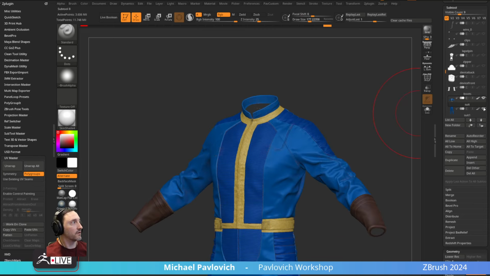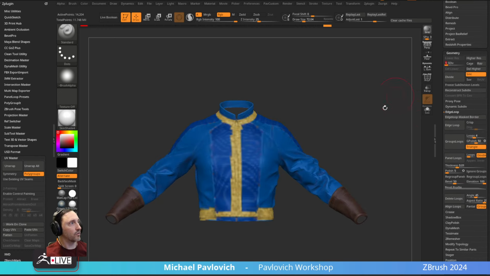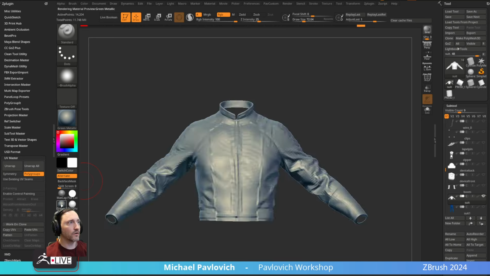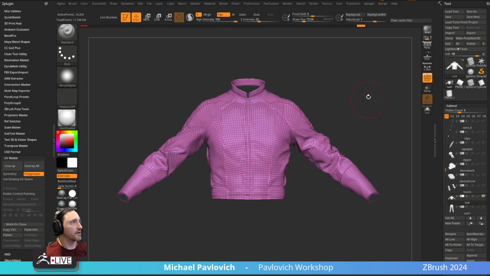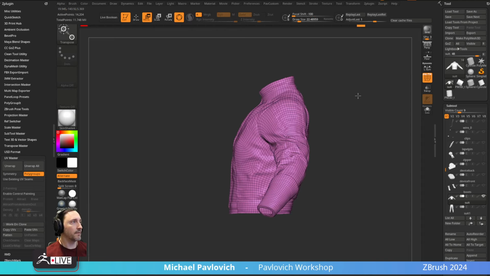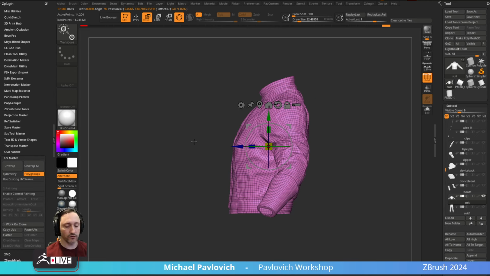So now I want to fold these clothes. I'm going to hold down Shift, and we're going to turn off everything but the suit. If I want to fold these clothes, I'm going to go down to subdivision level 1, and we're going to turn off our Polypaint here. We'll keep on Skin Shader 4 and go into Polyframe. So let's say I want to fold this up. I'm going to hit W, go to Unmask Mesh Center, and we're going to go to BTR,